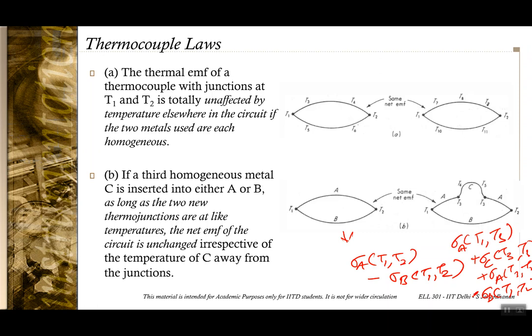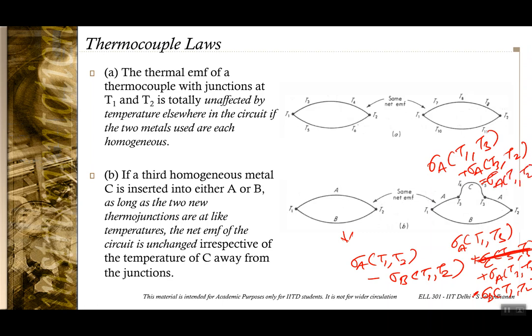Okay, and this sigma C T1 T3 T2 is not going to affect at all. Sigma A of T1 T3 plus sigma A of T3 T2 would be equal to sigma A of